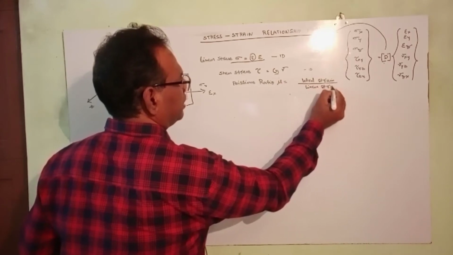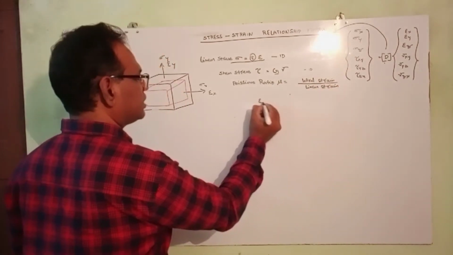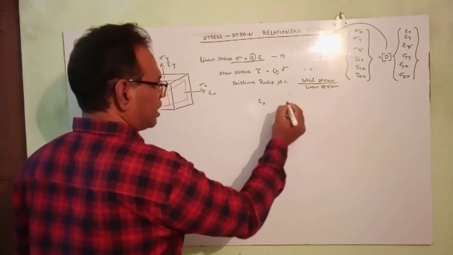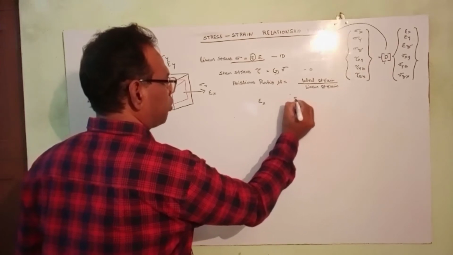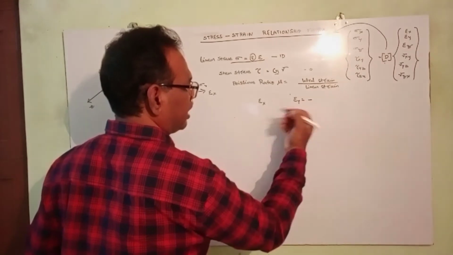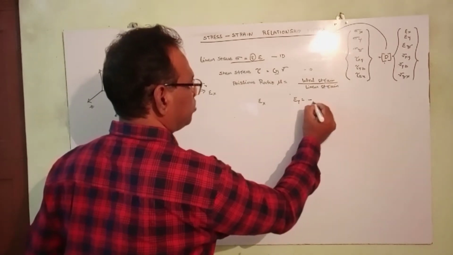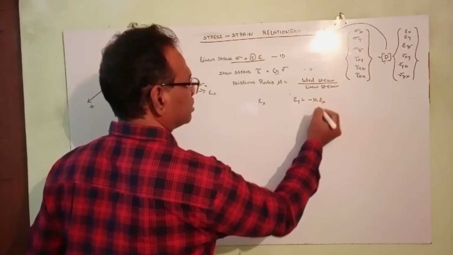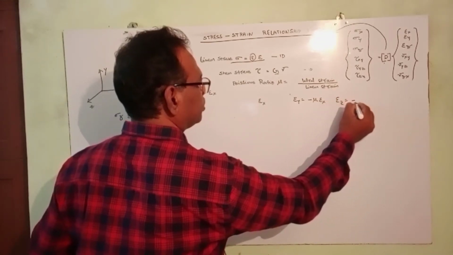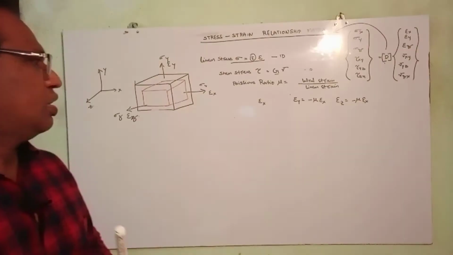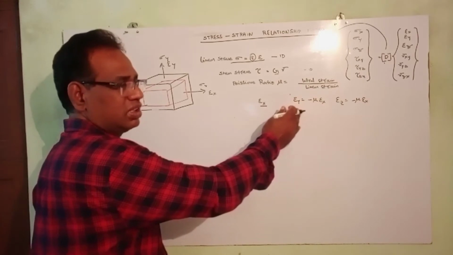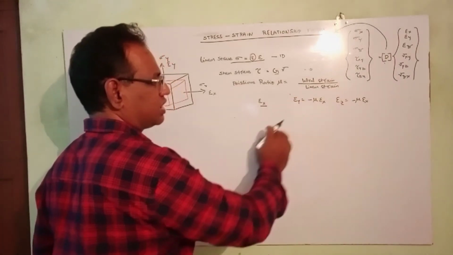Okay, so with that, suppose a strain happens in the x direction, and it may also produce a strain in the y direction. That is in the negative direction, so that may be mu into epsilon x, and similarly it also affects the z direction, which is equal to mu into epsilon x. So if the strain happens in the x direction, there may be a reduction in the y direction, and a reduction in the dimensions in the z direction.